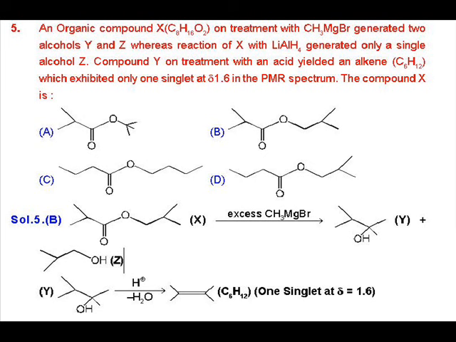Now we proceed further. The alcohol Y gives us an alkene C6H12, and this alkene has only a singlet in NMR spectrum. That means its all 12 hydrogen atoms are of identical nature. So this alkene can be 2,3-dimethyl butene. So according to that, the given compound X should be the compound given in option